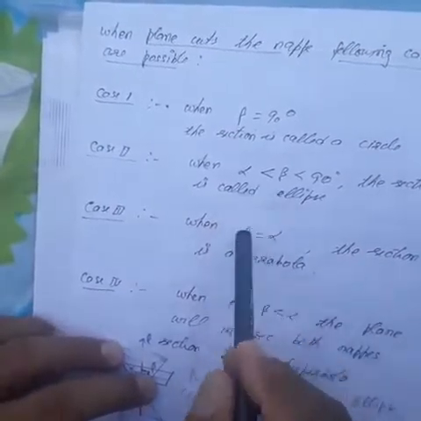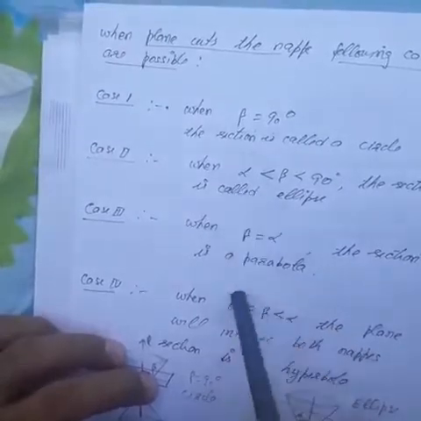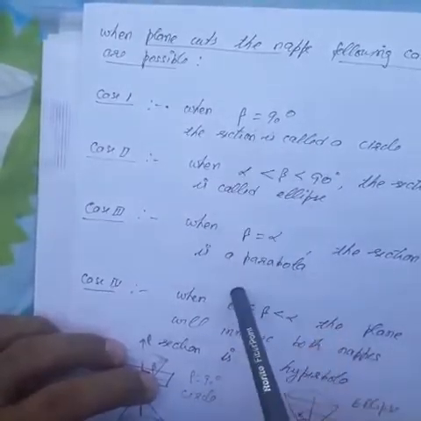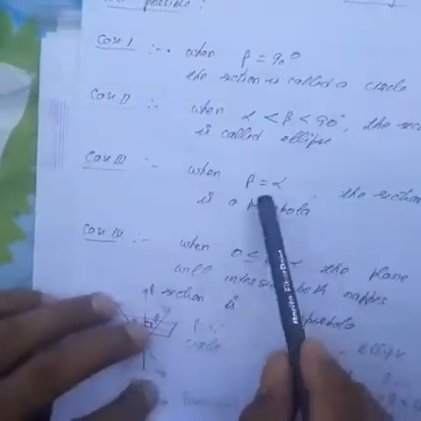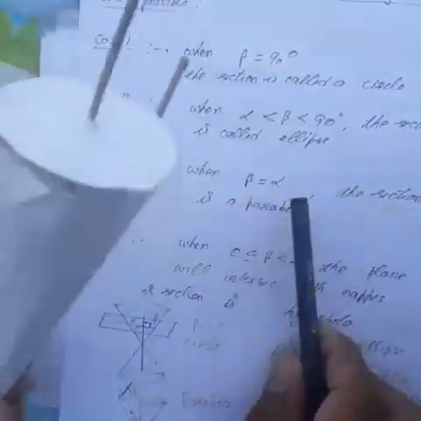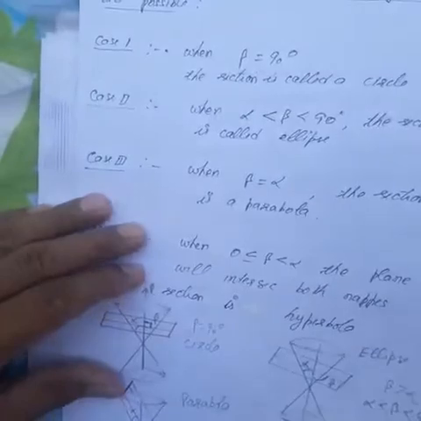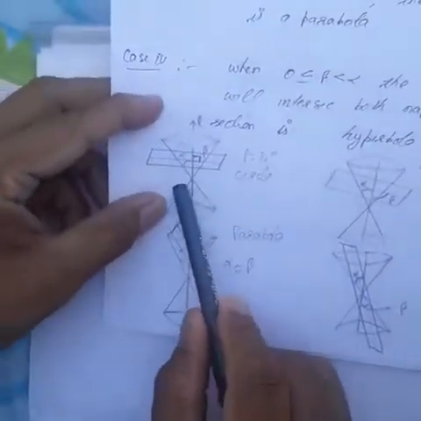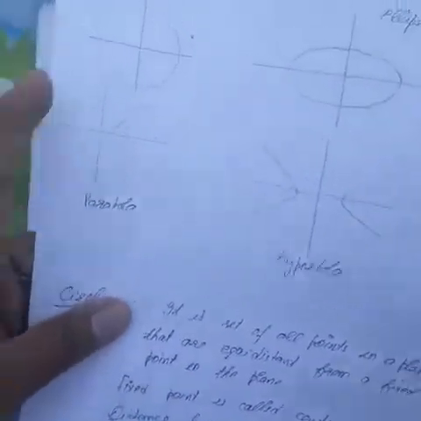These are called sections of the cone, and you have to visualize them because it is three-dimensional. In the labs we have different models, but here with limited resources you have to visualize, and from this figure try to visualize what surface will be obtained after cutting at different angles. In the figure, these are the different angles at which we are cutting, and the cut surface will look like this.